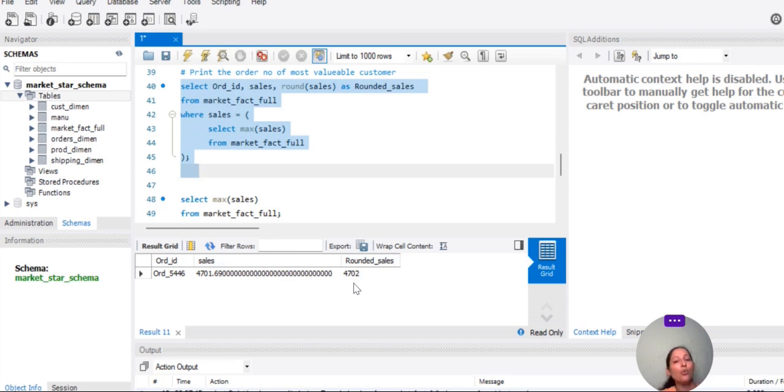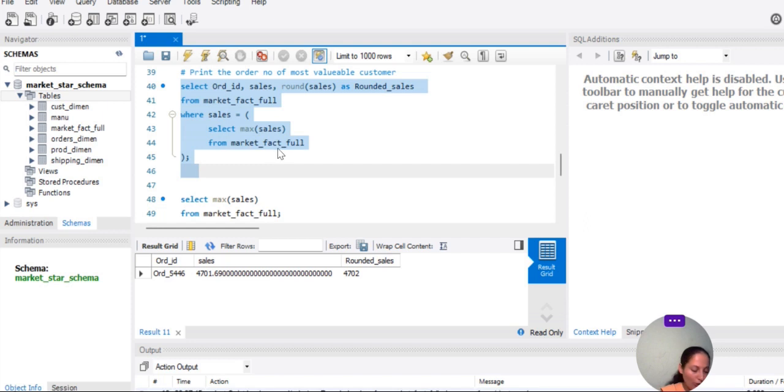So this is the most profitable order in our table, which we are looking for. It's the highest sales value in our database, which has the order ID 5446. So the nested query is going to select the maximum sales